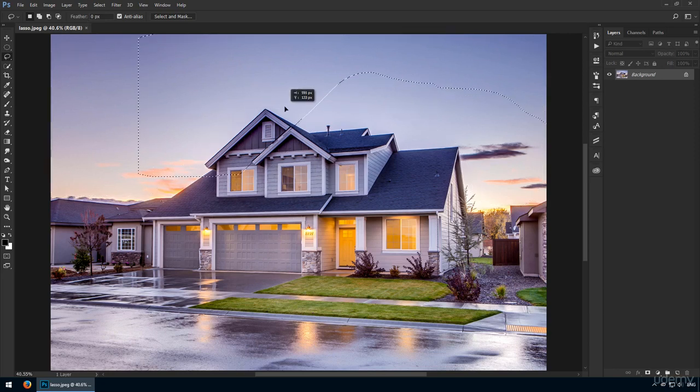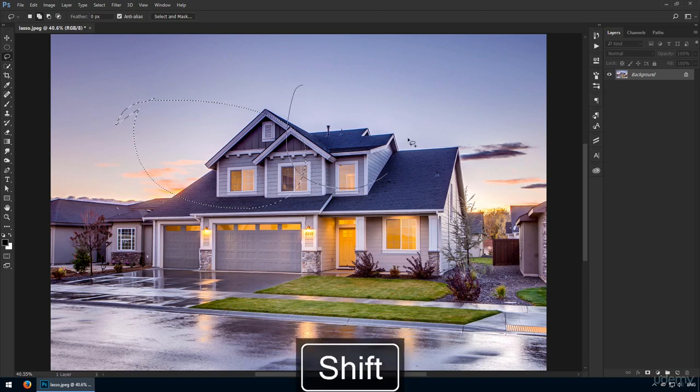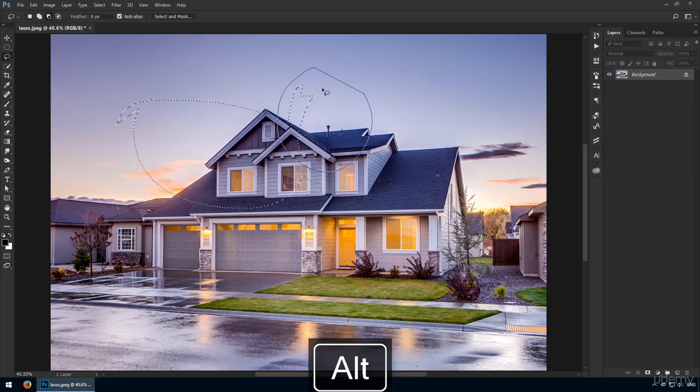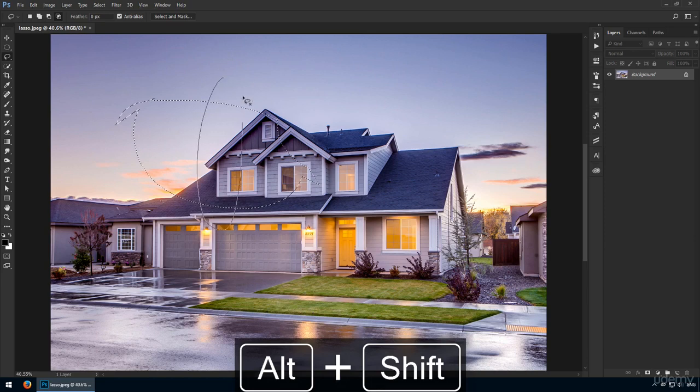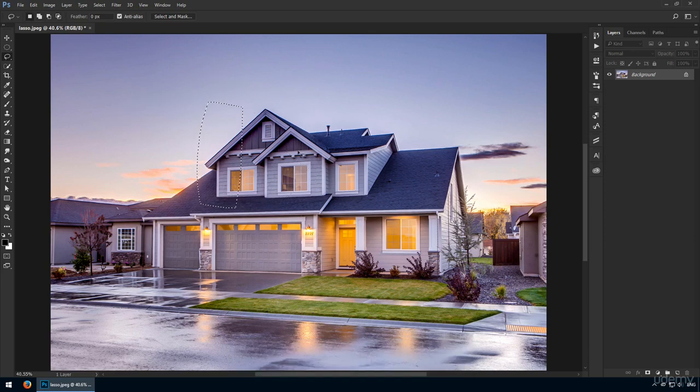So what's the lasso's purpose? When you draw on your canvas, you can't use the Shift key to create straight lines, nor do you have any other features. Yes, you can use the same modifier keys that you've used for the marquee tool. Shift adds to the selection. Notice the plus symbol next to the cursor. Alt removes parts of it. And Shift and Alt combined will give you the intersection between these two. We've seen these before. This doesn't appear to be that precise, and indeed it's not an amazing tool by itself,